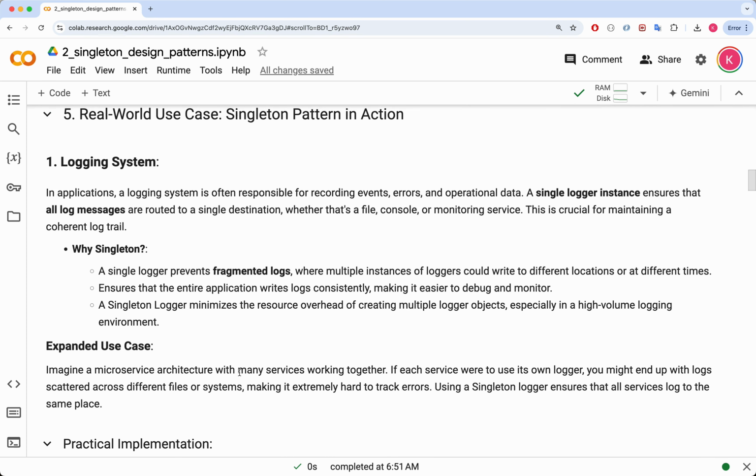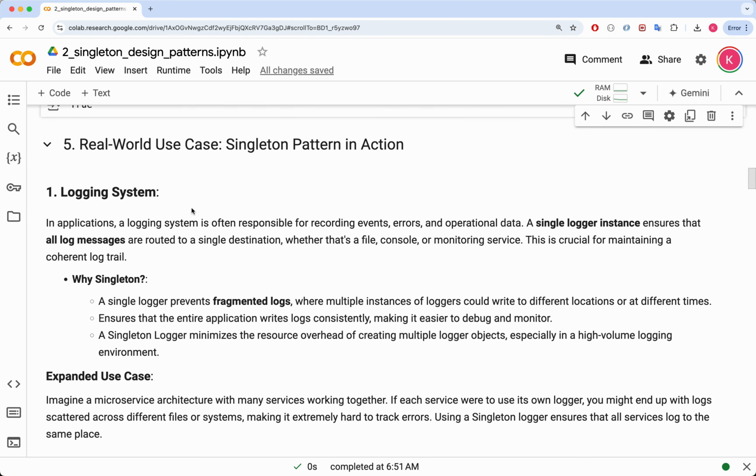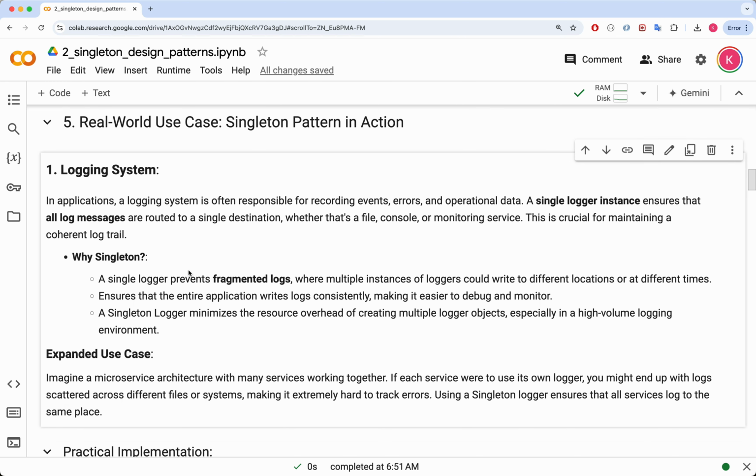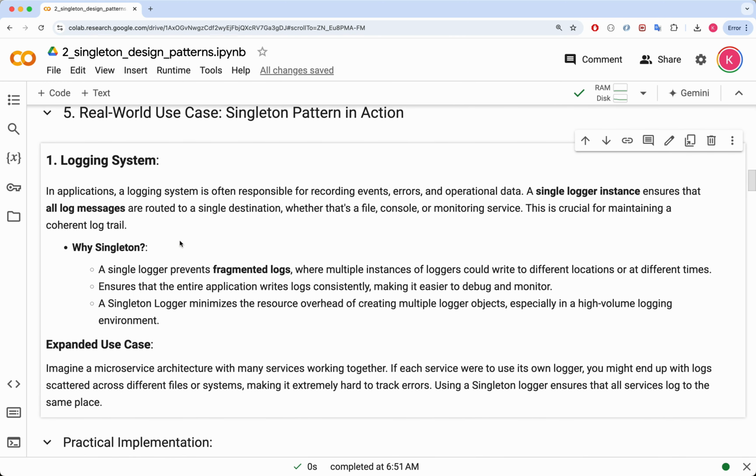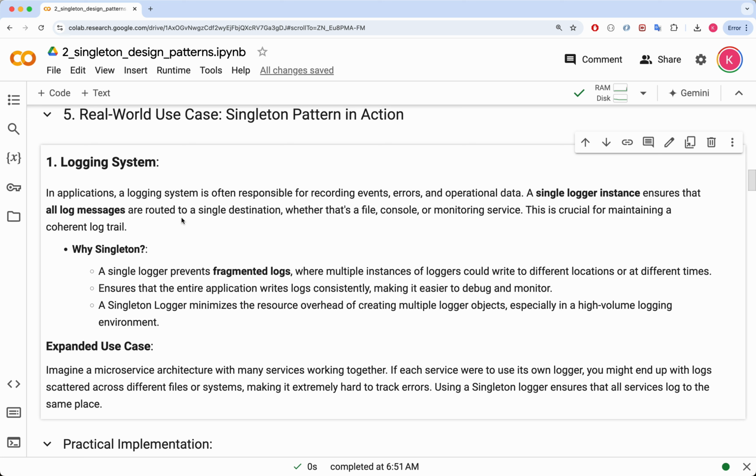5. Real-world use case: singleton pattern in action. 1. Logging system. In the context of a logging system, the singleton pattern plays a crucial role in ensuring that only one instance of the logger is created and used throughout the entire application. This single logger instance is responsible for recording events, errors, and operational data, which are essential for tracking the application's